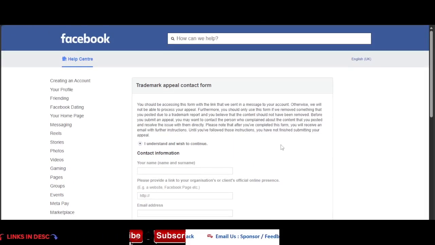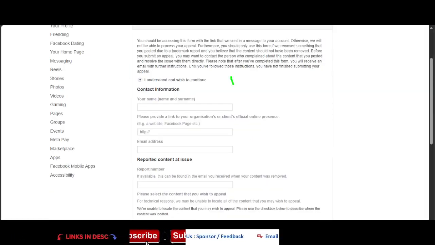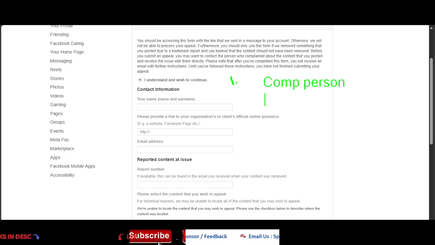Once you come to this page, you will find this agree button. First, you contact the complainant, the person who sent you the trademark notice. You contact him first. This is the first point. Then number 2,